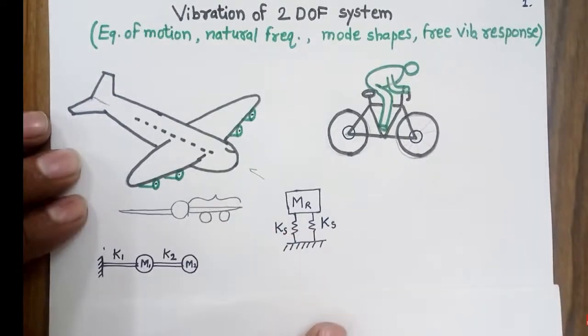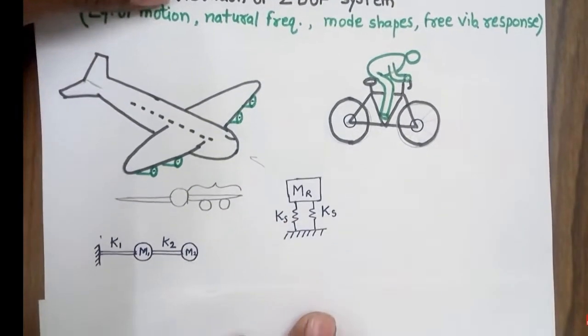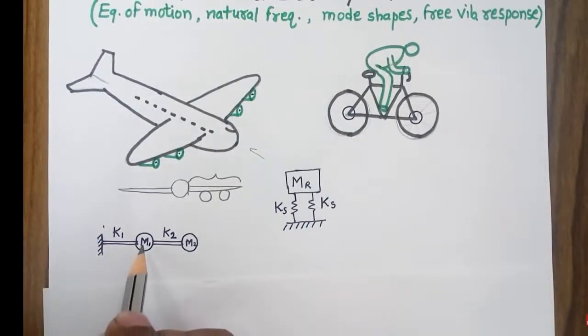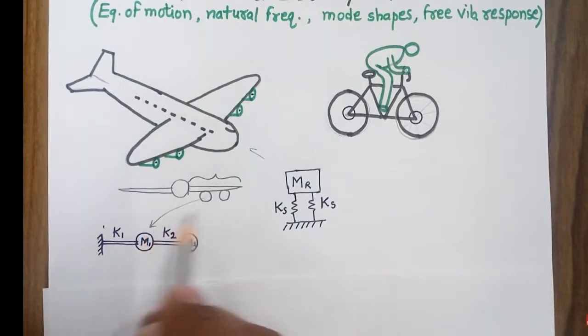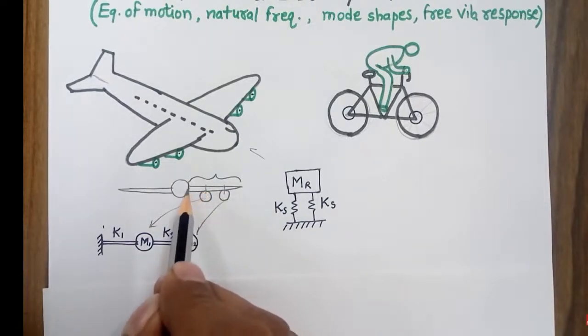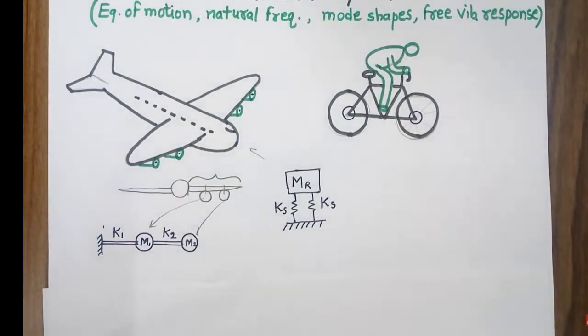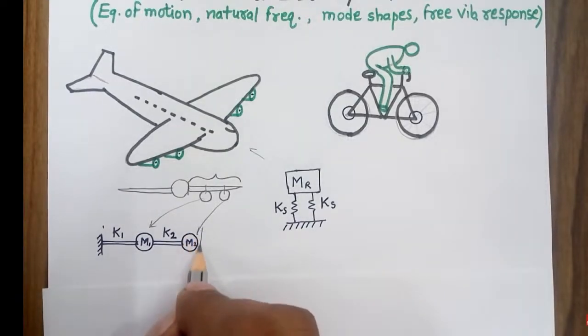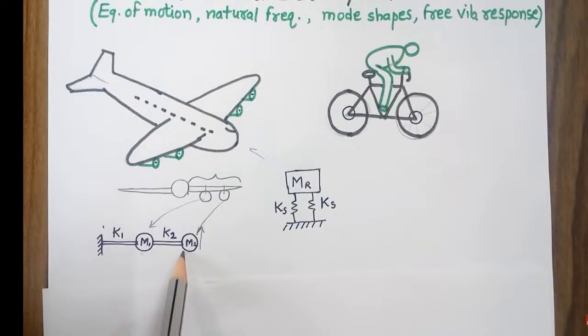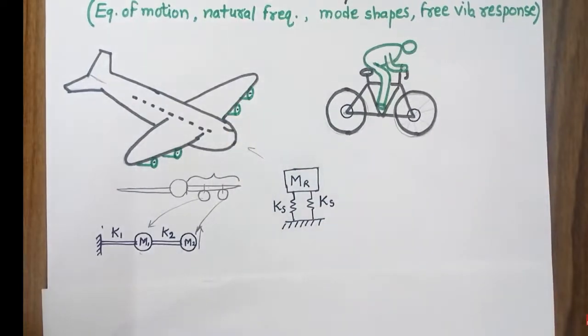So in that fashion, one can model the wing as a cantilevered beam fixed at one end, and two masses, one corresponding to the first engine, the second corresponding to the second engine. The wing in between the two engines, as well as from the fuselage to the first engine, can be considered as a flexible element, and the direction of the motion for this wing will be the vertical motion. So in this fashion, I can develop a 2 degree of freedom model for the wing of an aeroplane.